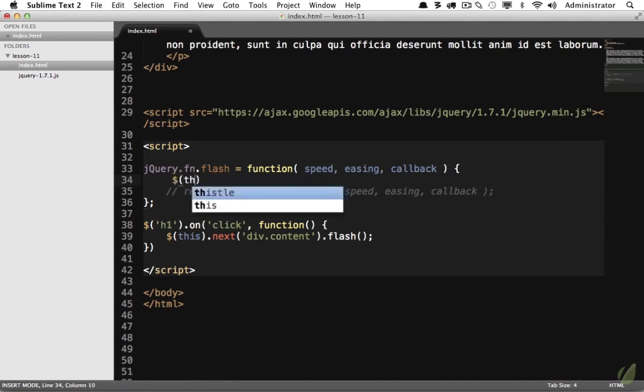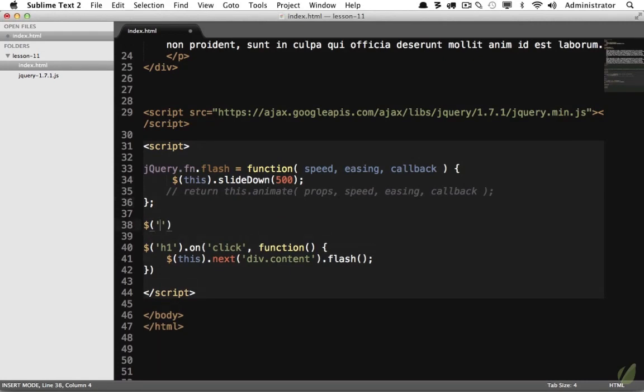So we'll say jQuery(this), and it's important to remember that even within this method, this is going to refer to, in this case, the div with a class of content. So we want to slide that down over the course of 500 milliseconds. However, that content is already displaying by default, so let's hide that. There we go. Now, when the H1 is clicked, we get that next div with a class of content. And by the way, it would make sense to cache that since we are using it more than once. But anyhow, we call the flash method, and the flash method will take that div with the class of content